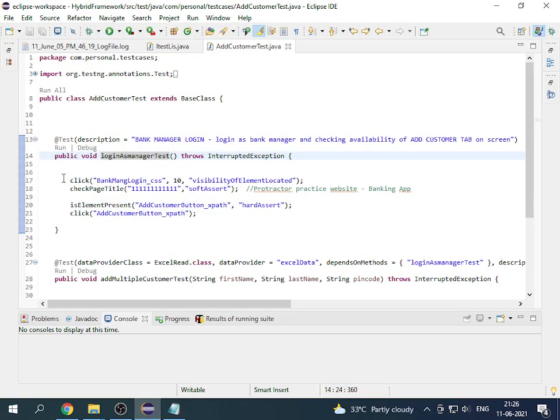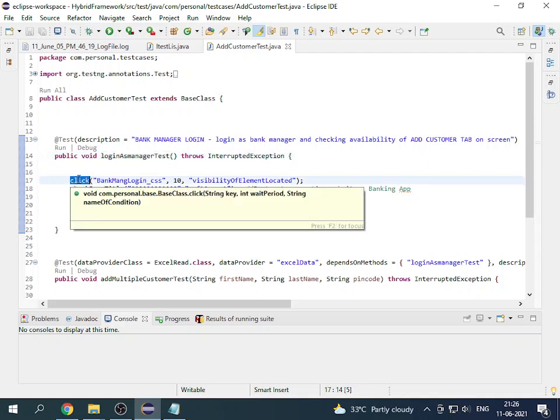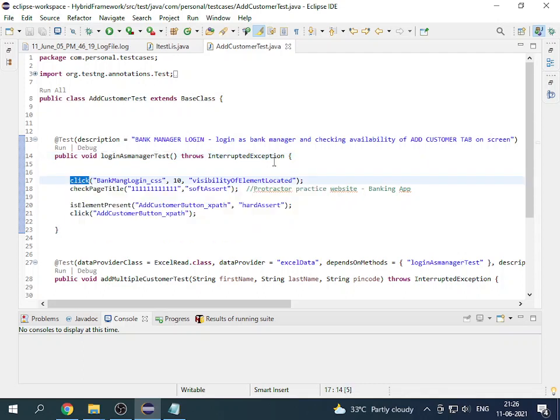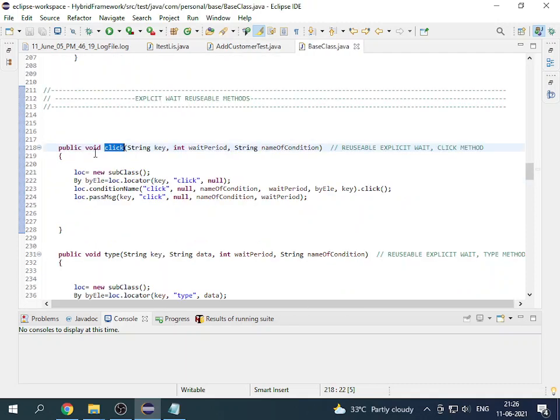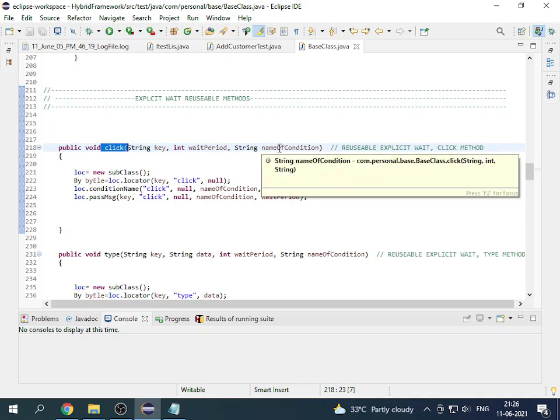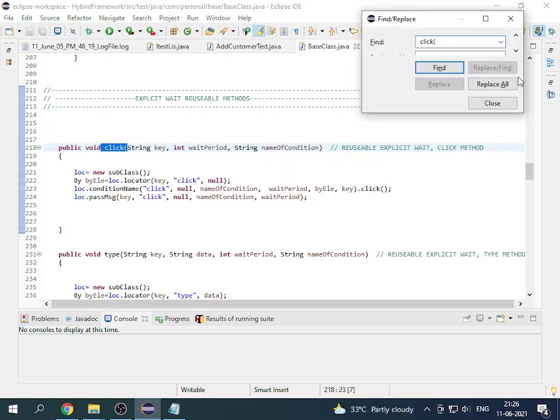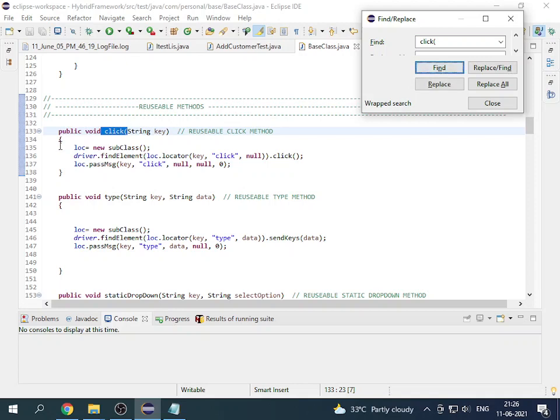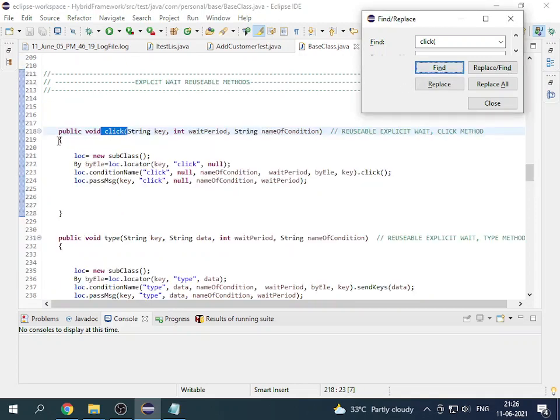So yeah, next thing, it is going to check the visibility of element, not visibility of element actually. It is going to click. How I have written test methods in the backend is that for click I have overloaded this method. One is for a simple click, another is where explicit conditions are used. This one is first, simple as that. This one is second, where the explicit condition is used and how much wait I need to put.